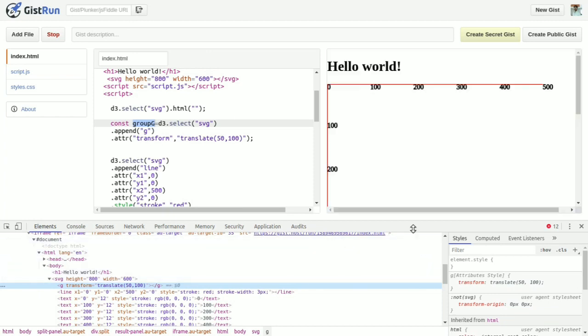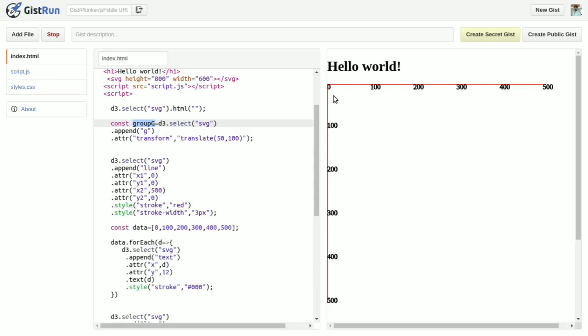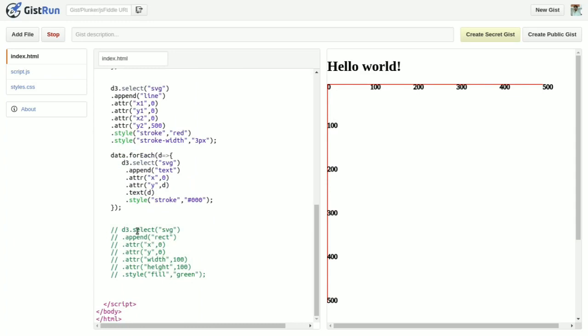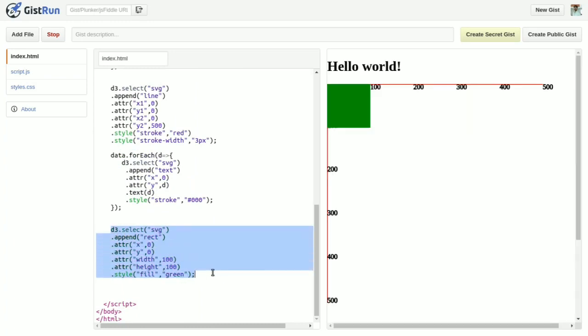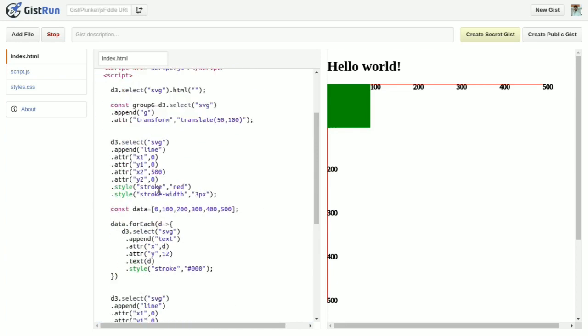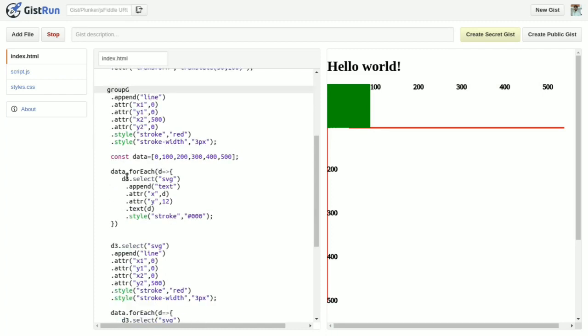Now I want to move this entire group from left to right, and this rect also. So instead of appending this line and text inside SVG, we will put those things into our group. Here I will move this line from SVG to this group.